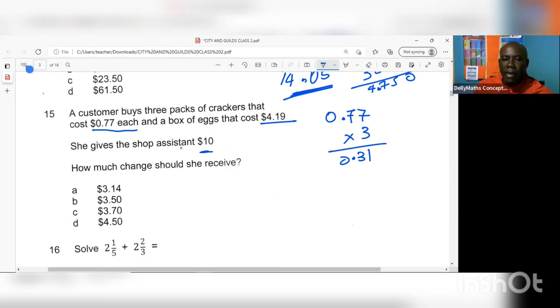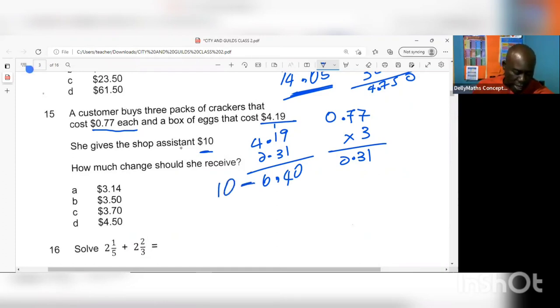I'm going to add that to my eggs. So $2.31 will be added to that. 0, carry the 1, 4, and then 6. So it's $6.40 because then now I want to say $10 minus $6.40. All right. And then that is a $3 and